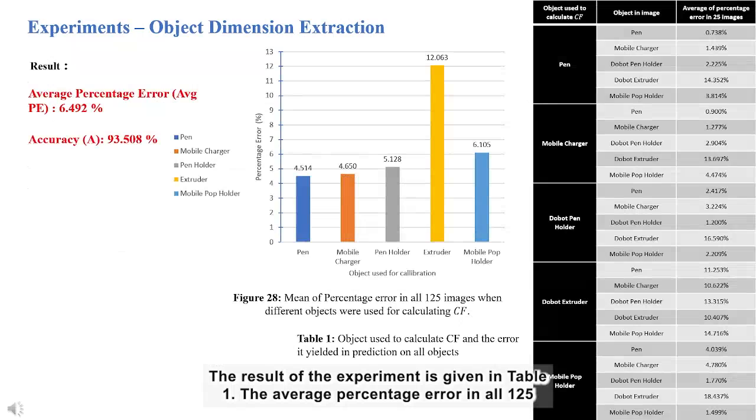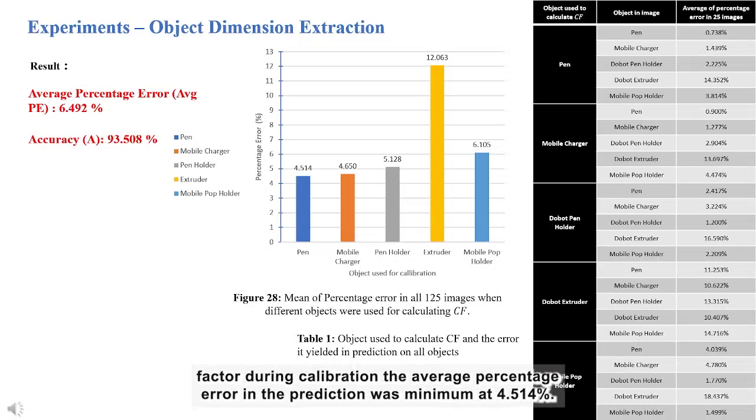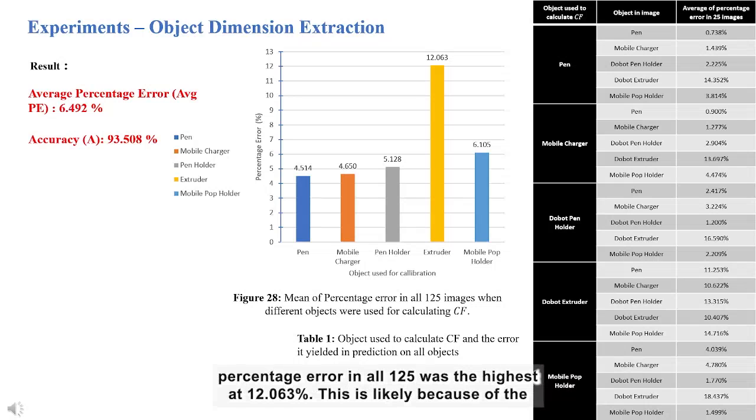The result of the experiment is given in table 1. The average percentage error in all 125 images was 6.492%. Among all the objects, when pen was used for calculating the conversion factor during calibration, the average percentage error in the prediction was minimum at 4.514%. When Dobot extruder was used for calculating the conversion factor, the average of the percentage error in all 125 images was at